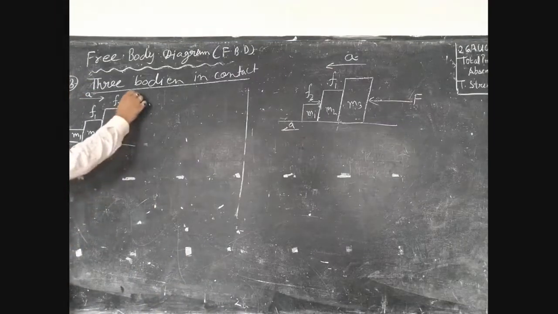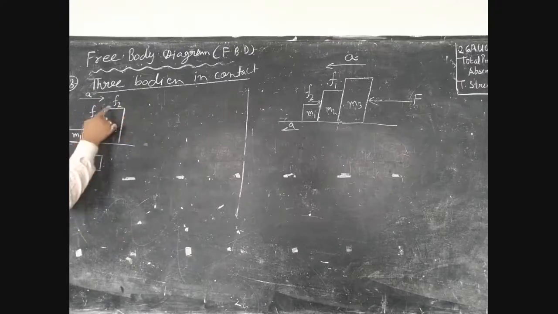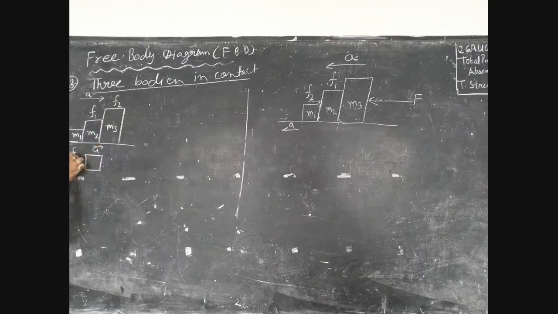For solving it, we make a separate diagram. Again, we start solving the question from the free end. What is the free end? M3. So M3 first. M3 is going this way, by which force? By this F2. How much acceleration will it give? So the answer is a, and it will be moving here. This is M3. Now M2. Who is opposing M2? F2. How much acceleration did it get?